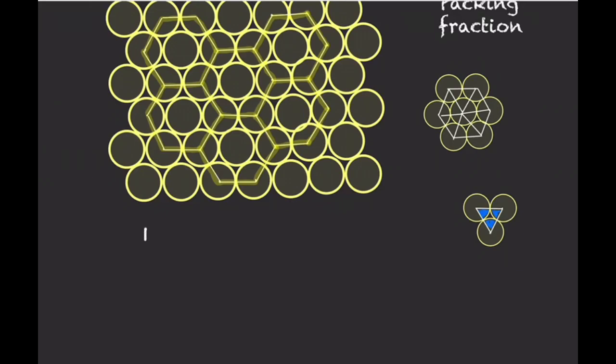So if I am writing with the help of triangle, what is the packing fraction? So packing fraction is area occupied. So area occupied in this triangle, there are 3 circles, but because it is an equilateral triangle, the angle is 60 degrees, so only 1/6 of the circle is occupied, right. So we can say there are 3 circles, but the area occupied in each circle is equal to pi r square divided by 6. So this is the area occupied by the atoms or circles divided by the total area